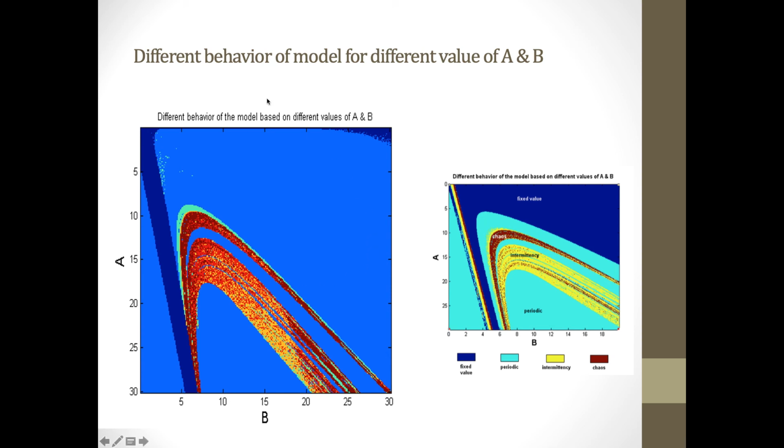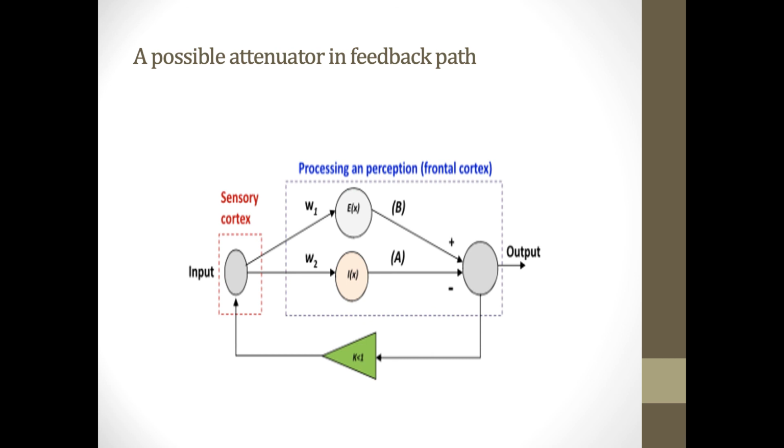So this is the chaotic and different behavior of model A and model B. As we can clearly see over here, the fixed value is shown with dark blue and the periodic is shown over here. This is the intermittent level, and as we can clearly see over here, this part is chaotic, which is directly related to the ADD behavior. So by putting in feedback and keeping the feedback value less than 1, we can put in a control element which